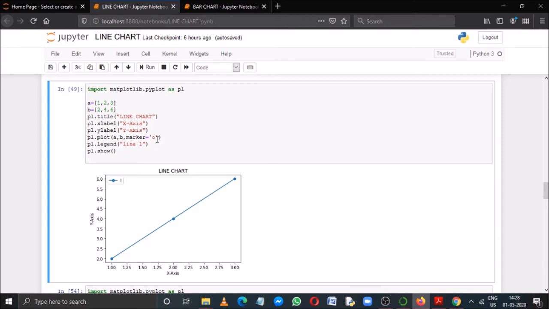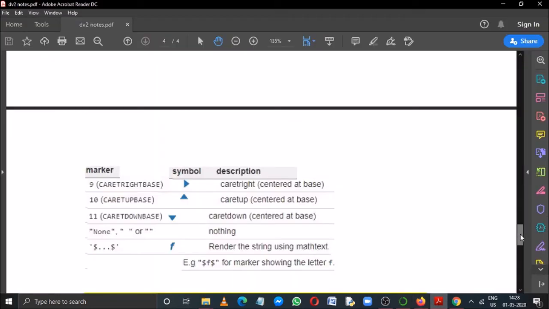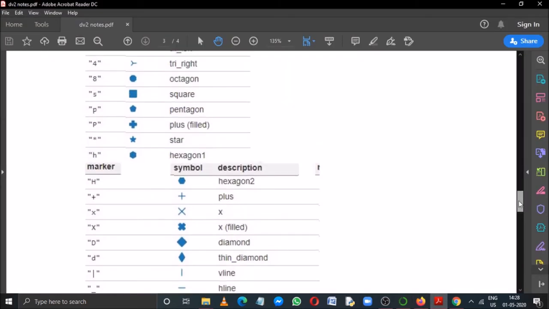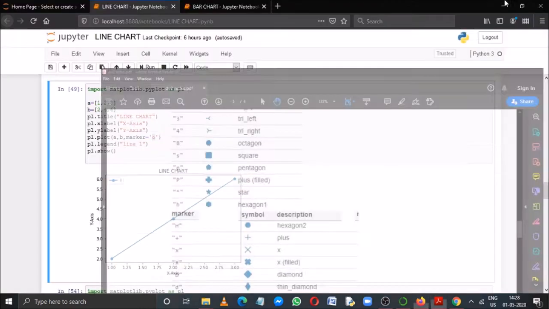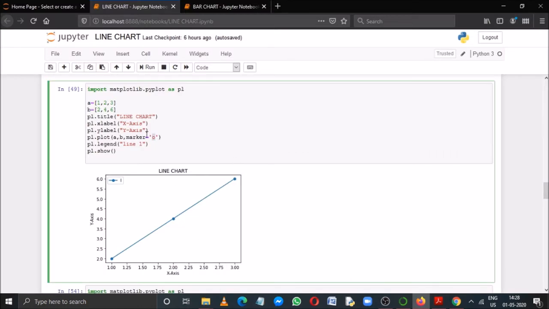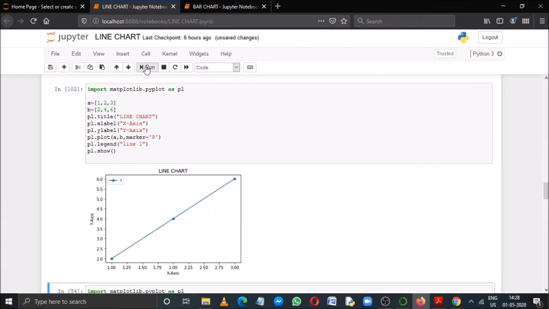Now suppose if you change it and if you want to give any other value, suppose check the table, suppose I want to give a plus sign, this one, so I can give here a capital P. So I'll just try it, capital P. See, a plus sign will appear. So this is the way by which you can change the marker types.